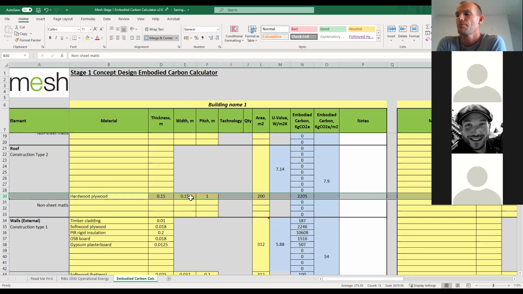Okay, next one. Can the user import a unique material or material library? No, not at the minute. That was another consideration we had, whether you could put bespoke materials into the mix. That's certainly something which would suit some people, assuming you've got reliable information for the embodied carbon,